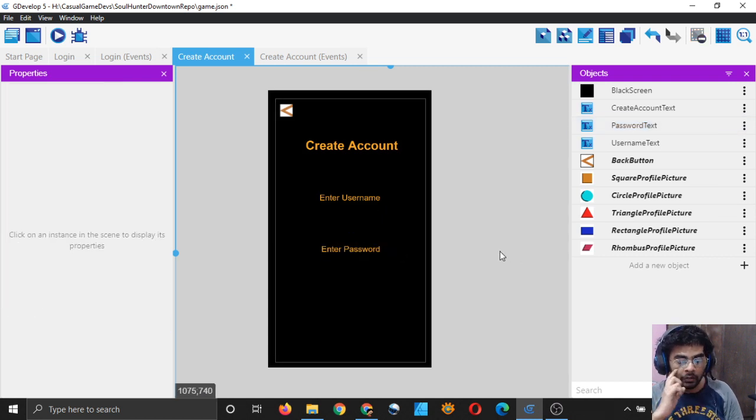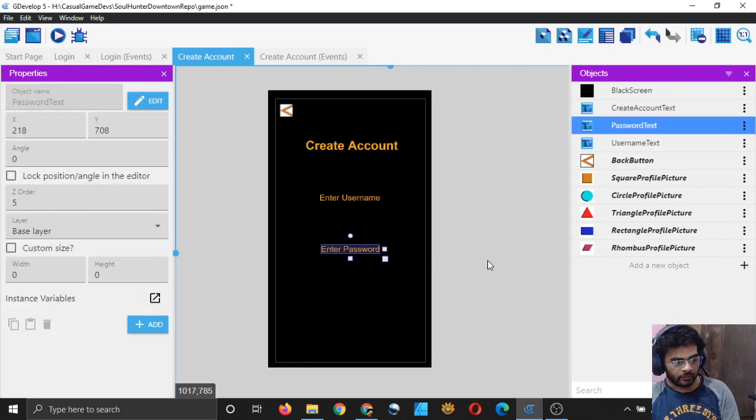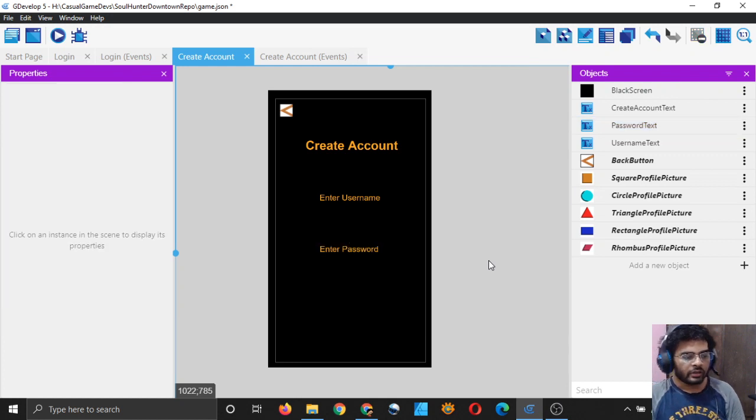So yeah, that's good. And now I need two white colored boxes, right? And two text input text, and I also need the text entry object, two of them. So let us make all these. And to create an account, these two details are the only thing which we are taking from the user. We are not asking them for their name, we are not asking them for their email or phone number or anything. We just want one username and one password. Username should be unique, and of course we are checking it in our server.